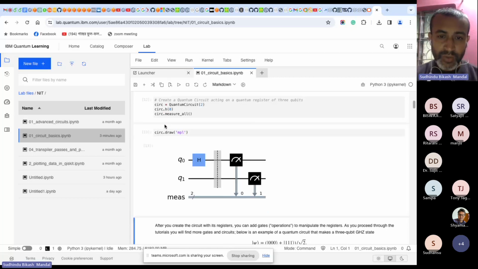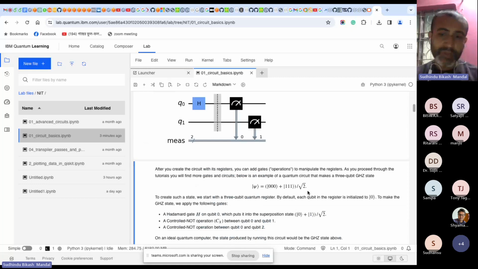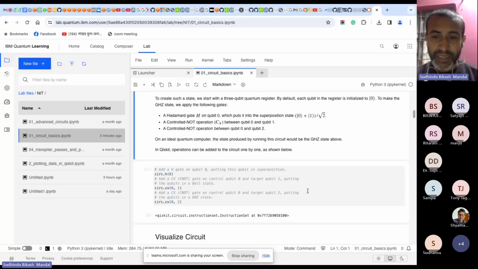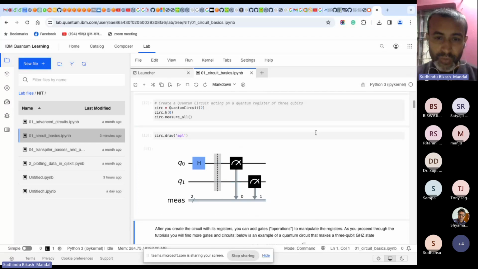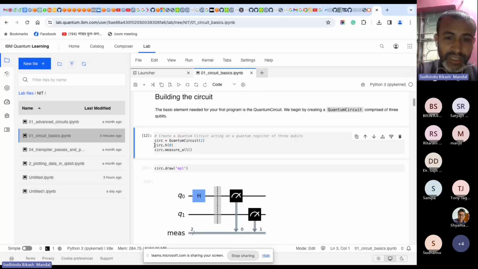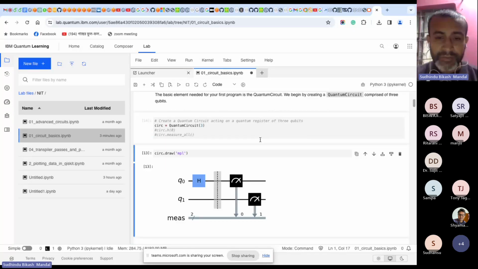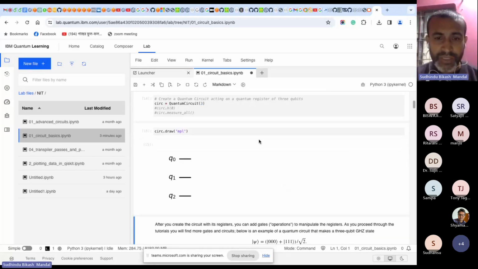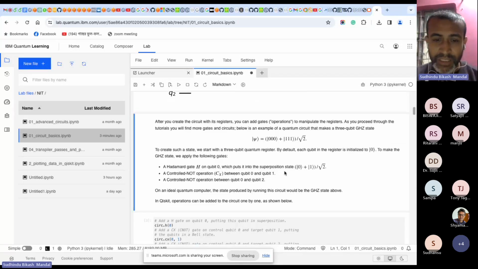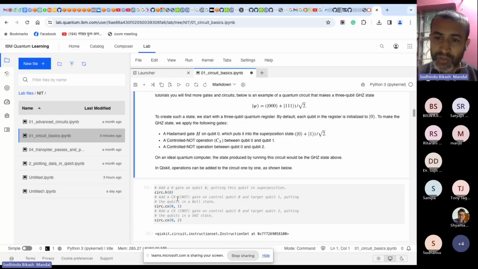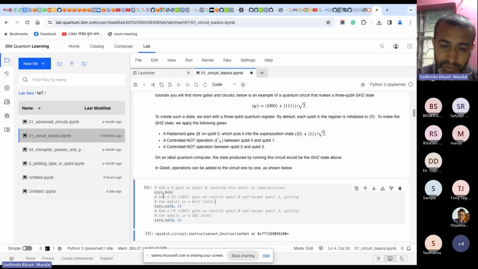Okay. Next, we want to create a quantum circuit of the GHZ gate. This one is a very famous operator. So I follow the same thing. I commented out this and put in a 3 qubit circuit again. Now this is the 3 qubit case. For making this circuit, we need a Hadamard gate and CX gates one by one. That's why I put them there.